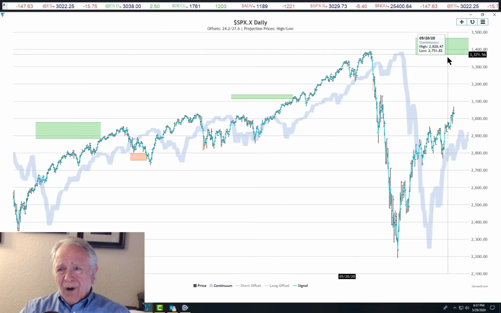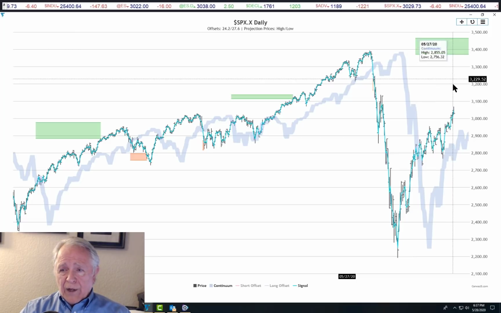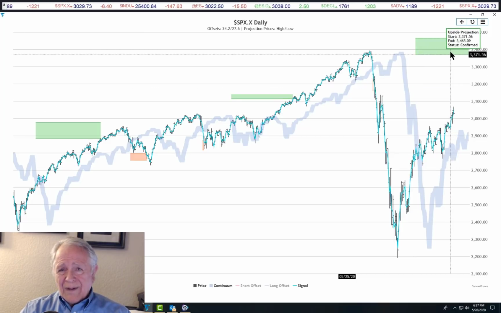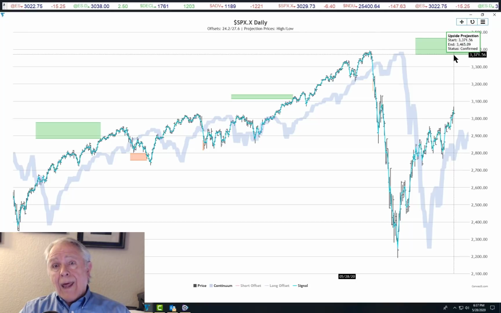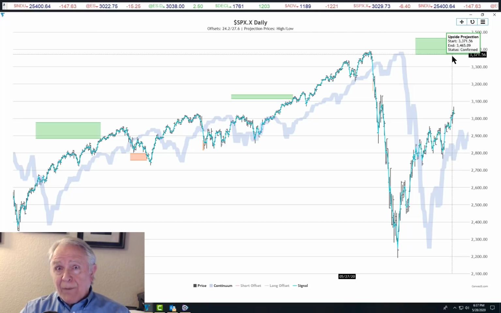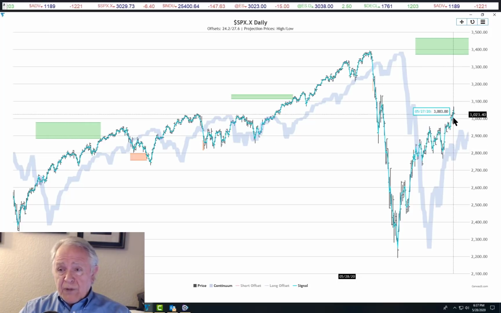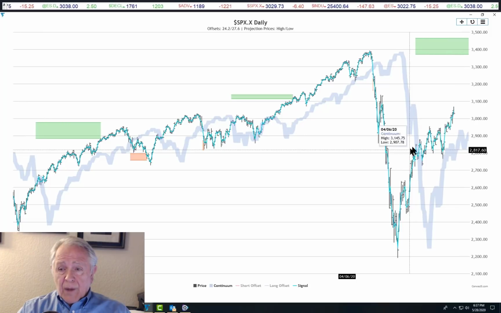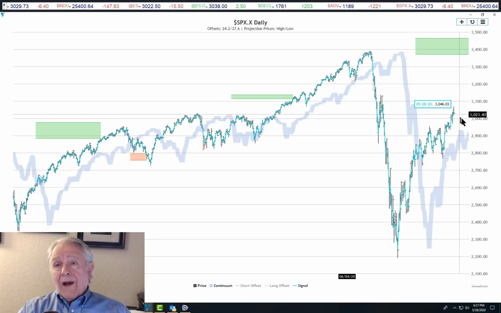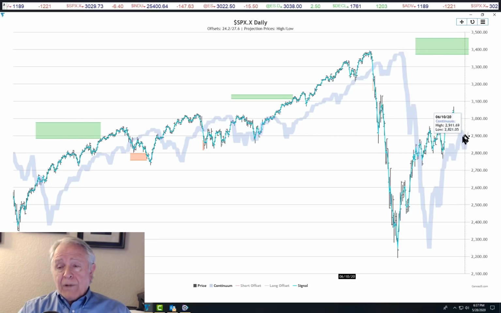Now, this is a long way up from current levels. Are we going to do that? We're not going to go up there in a few days or a week, most likely. But this projection remains very much in effect unless and until what? Everybody together. You go below the offsets. Okay, now we're in a position now where it's no big deal if you move below the offsets. The projection was given back down here around 2,800. If you go below the offsets now, it's going to occur probably somewhere around 2,900 or higher.